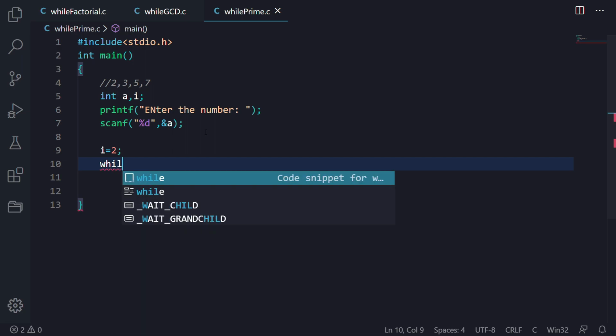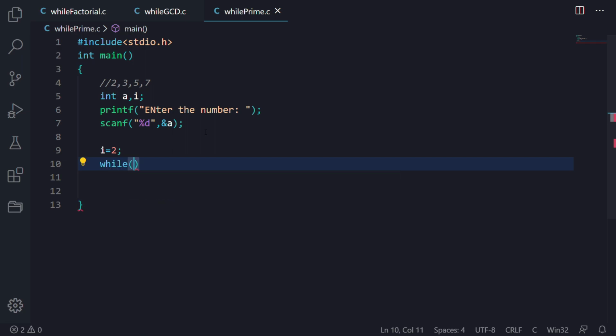Now after that we will just take a while loop, and we will here give a condition something like this: when I is smaller or equals to a divided by 2.